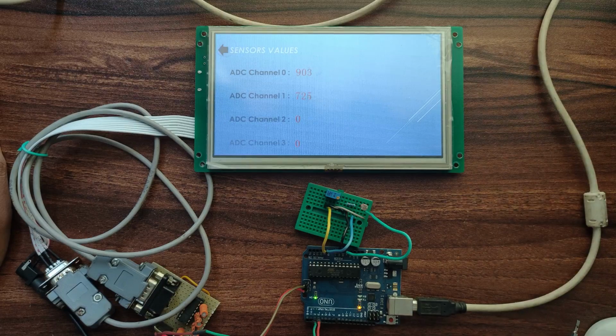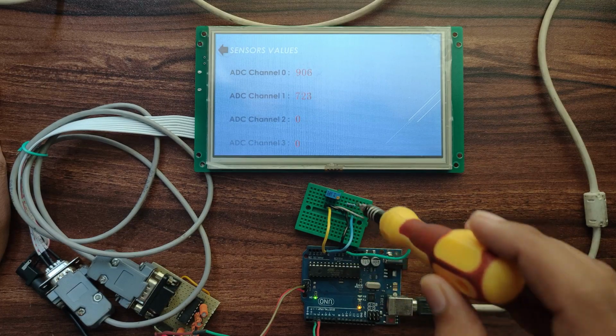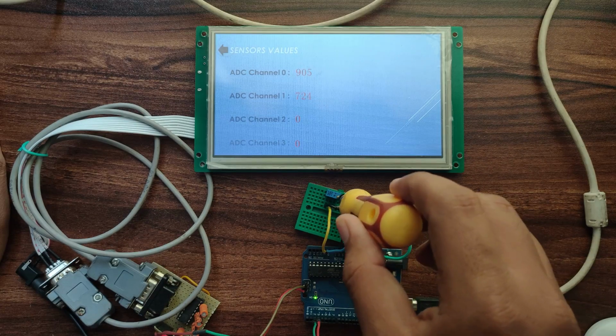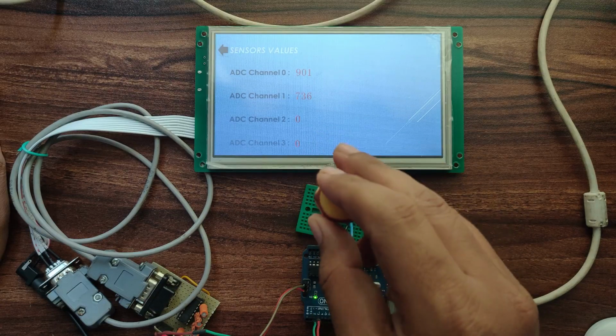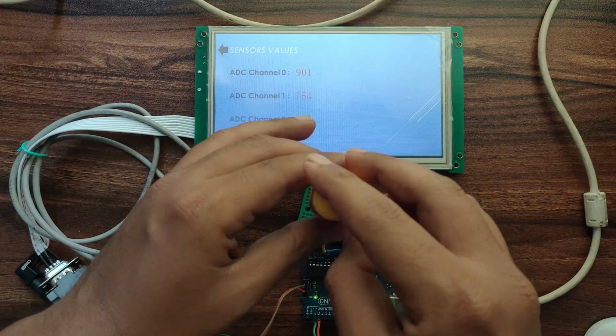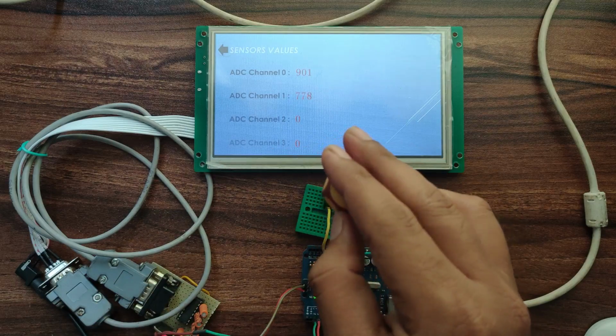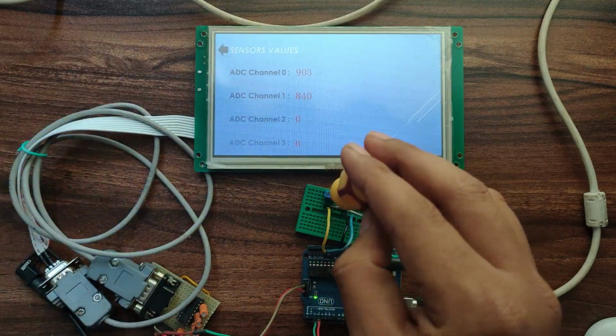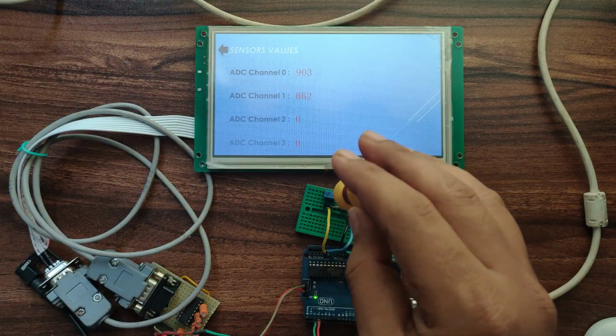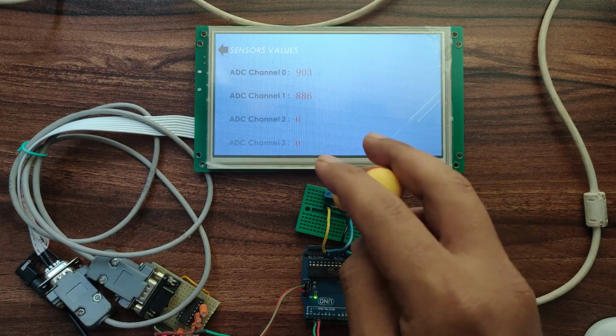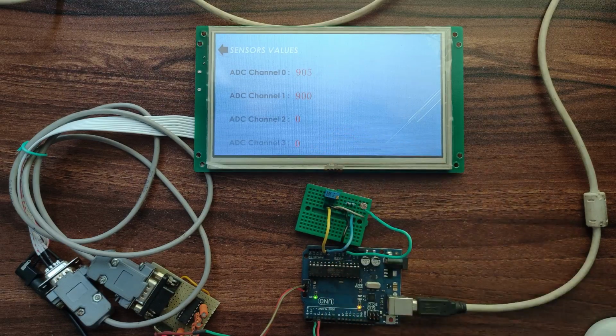Now we'll change the ADC value. Now we'll change the pot value, and you can see ADC channel 1 is changing. Now we'll change the LDR value.